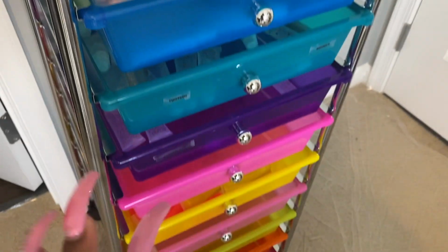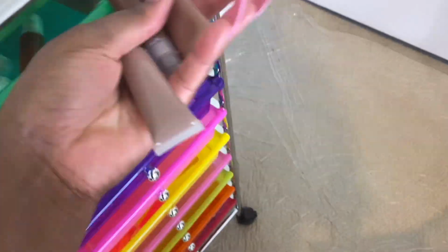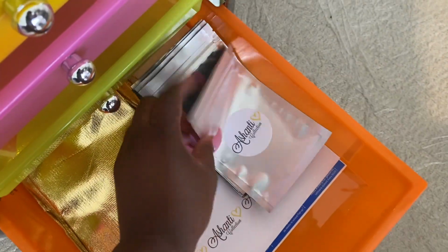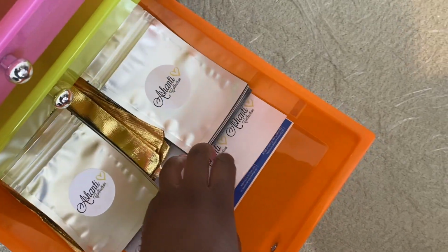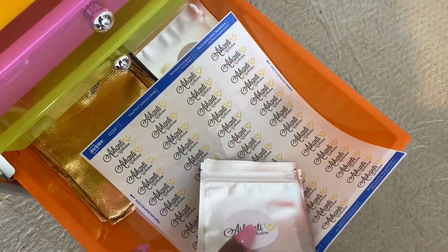I'm gonna get another. I really need to do office, so I'll show you guys where I get everything. But I labeled the brownie batter collection, so I'm gonna go ahead and open these, and these are already sanitized and cleaned and everything. So I'm just gonna grab what needs to be grabbed. I'm gonna go back in my drawer over here, and so this is for when people order quite a bit of glosses, and for 1 to 4 glosses I put in here, and then down here are gonna be my labels. Look at how pretty those are. So I'm gonna grab these guys,